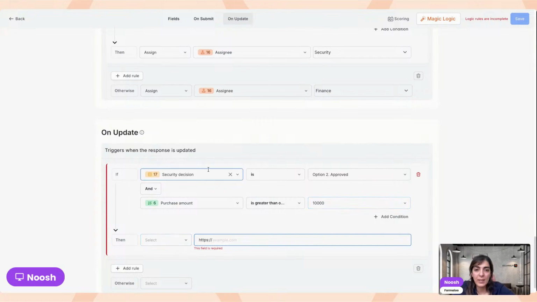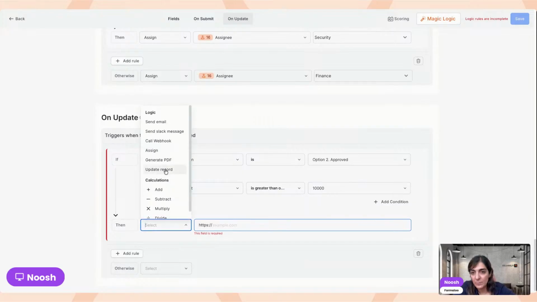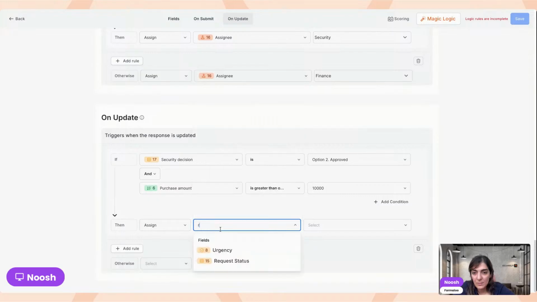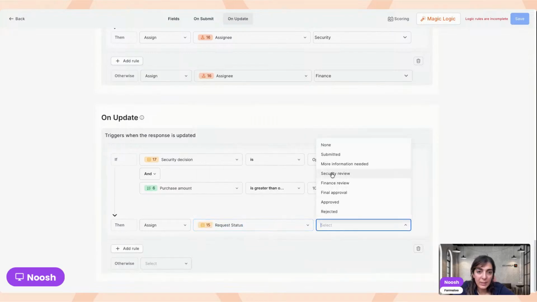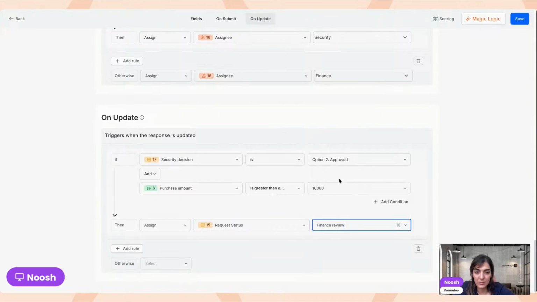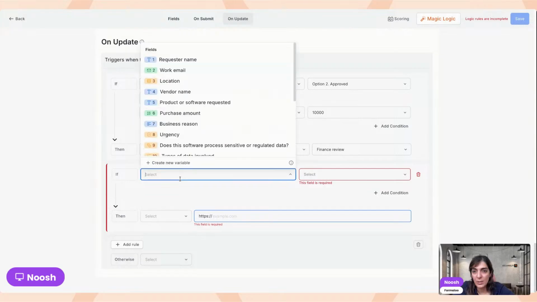So if the security team approved the request and the purchase amount is more than $10,000, we want to set the request status and change it to finance review,